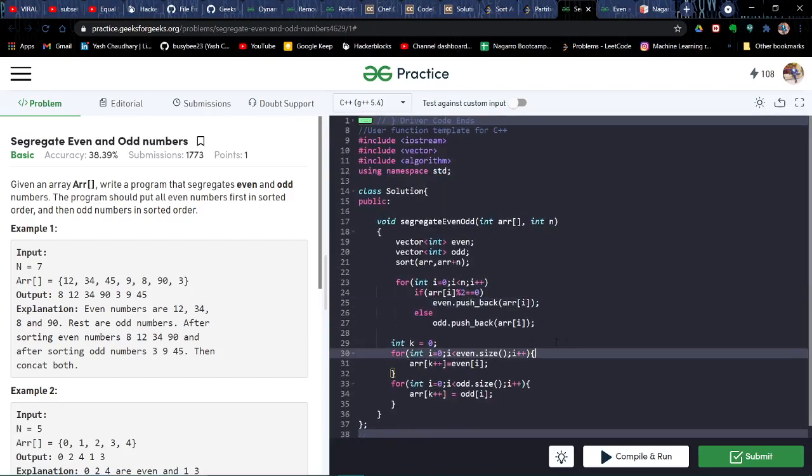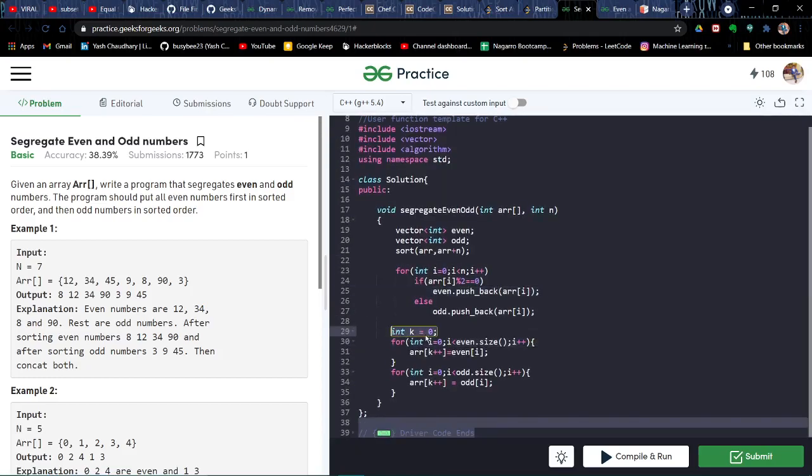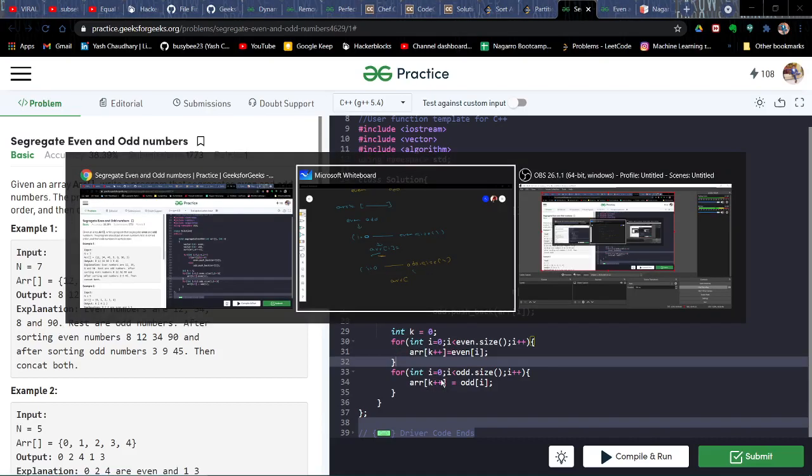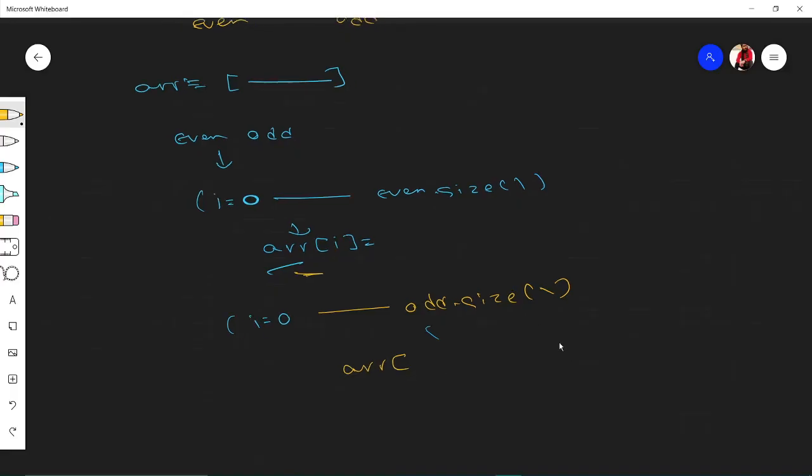Then I used a k pointer for both of them, and looped i from 0 to the even size, inserting at index k, incrementing k by 1. If I had used i here, the problem would be that the next loop should start from where the previous one ended.